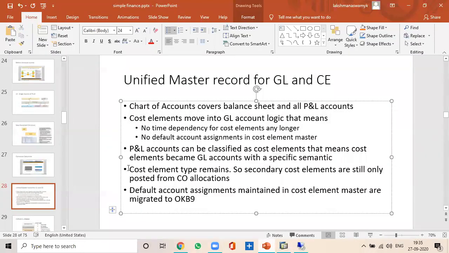Now, cost element type remains the same. Cost element type means cost element categories. So secondary cost elements are still only posted from CO allocations. The secondary cost elements are used to identify the activities within controlling, like assessment of overheads, then internal order settlements,